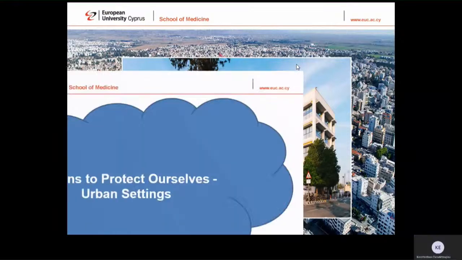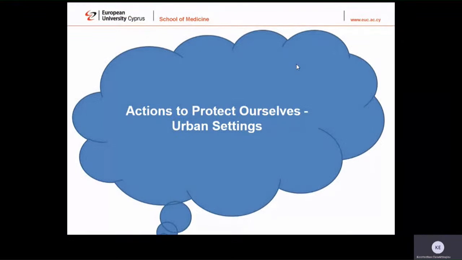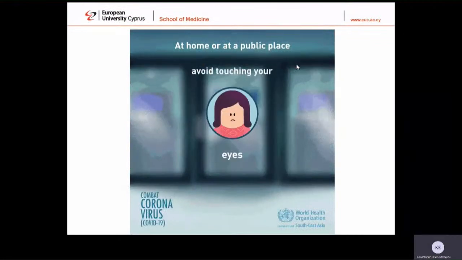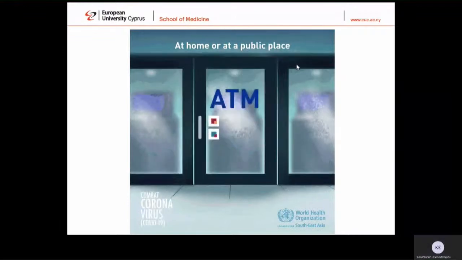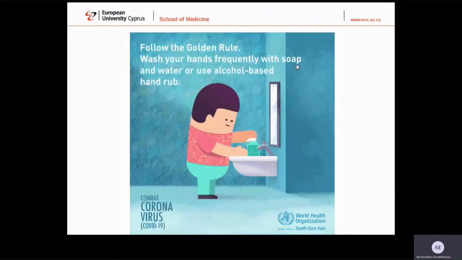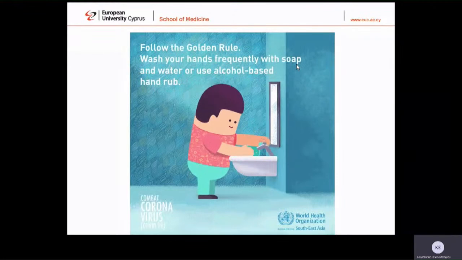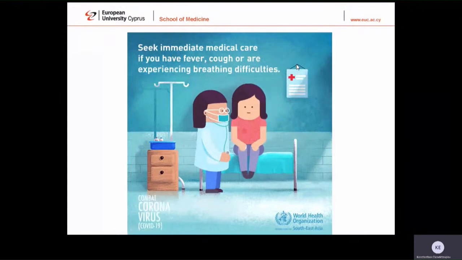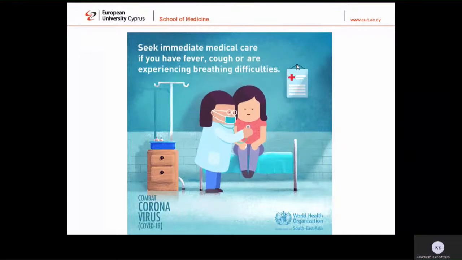COVID-19 can be spread with close contact with someone who is sick, like when you do hugging or when you do shaking hands. The second thing we know about COVID-19 and how it's transmitted is that it can also be left on objects and surfaces. The buttons of a lift, your laptops, your mouse, doorknobs, pens. So if you touch something that is possibly contaminated, you may get a chance of being yourself contaminated, and then you may fall ill due to COVID-19. So these are two really important things you need to know, and I'm sure you already know by now.